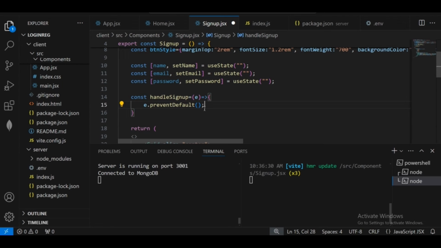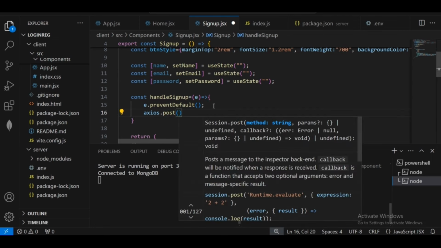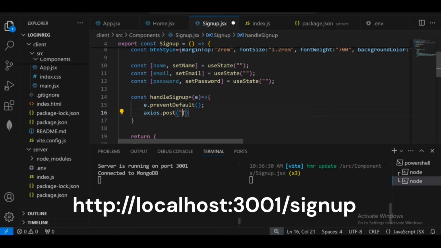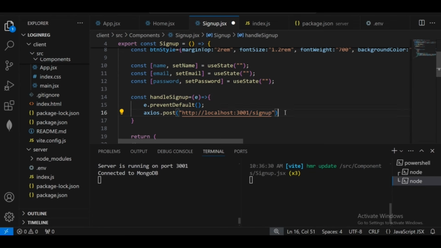Now, to send the data to the backend URL, we will use Axios. Axios.post, and we will send the backend URL here. What is the backend URL? If you remember, it's 3001. So this is the backend URL, and where we will go is this signup route. I have not defined the function for the particular signup route in the backend yet, but I will define that later. So using Axios, we will send our front-end data to the backend. Now what we will send is name, email,